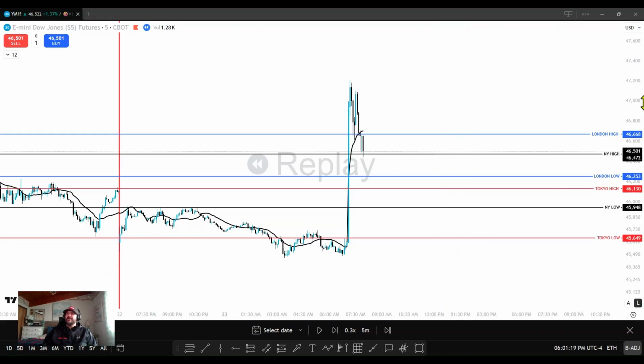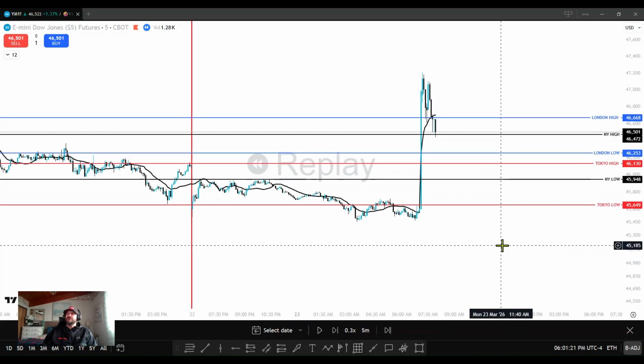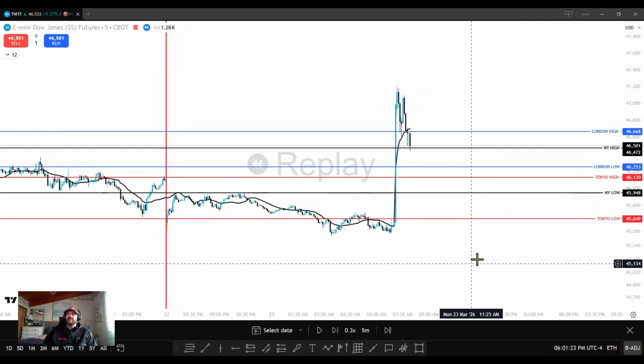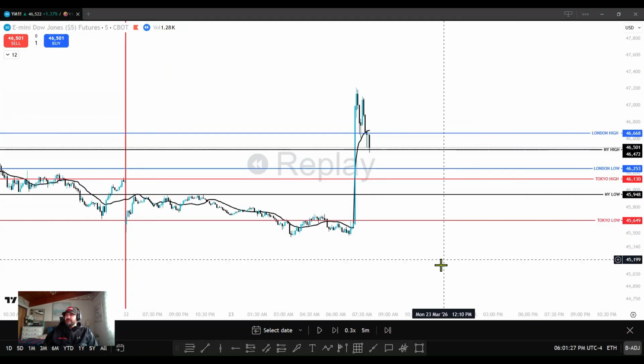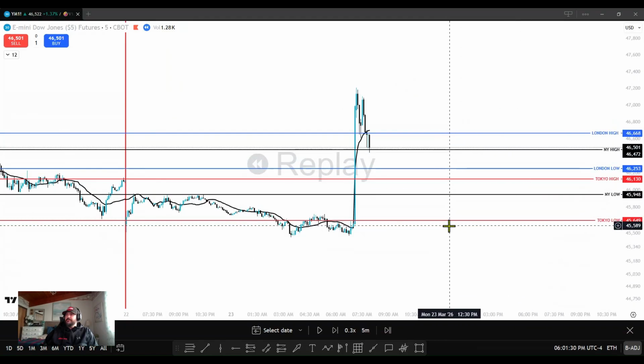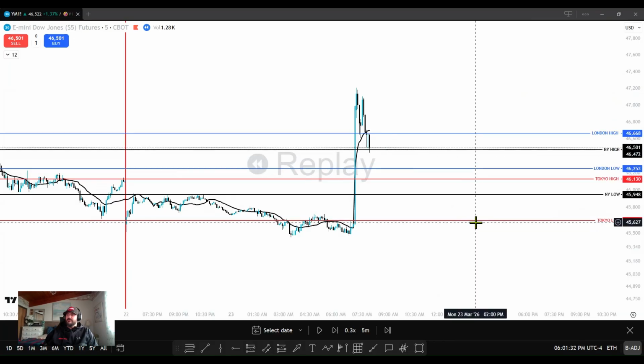So in this video, I'm going to show you guys how I find my key levels every morning. You see all these lines on the chart right now. These are key levels from a previous session when I traded. I've been off for over a week, so these levels are from the last day that I traded. I always keep them on my chart because I'll show you how quick it is to move